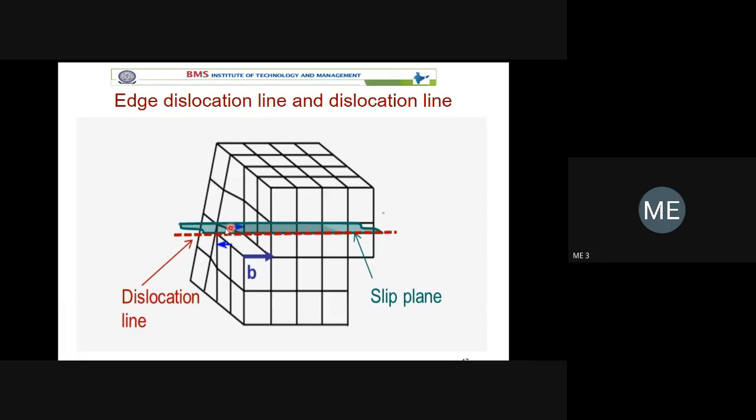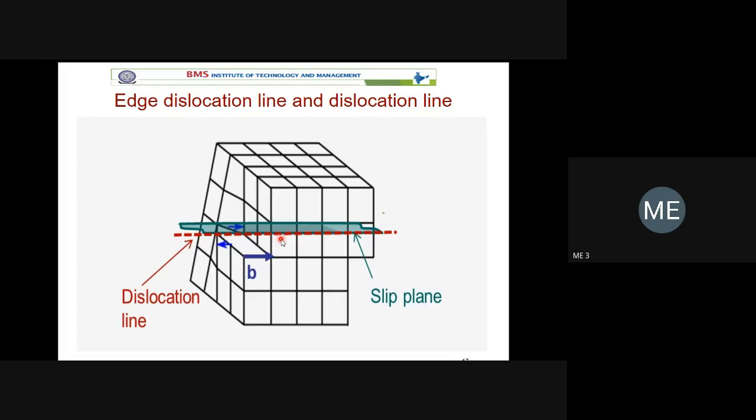Your dislocation is nothing but a defect. It moves along the slip plane from this point to this point. We can see here, this is the original, a perfect crystal or perfect grain. When it is subject to loading, the top portion of the crystal or grain will try to move in the forward direction. But there is one plane which separates the upper half of the crystal and the lower half of the crystal. That plane is referred to as a slip plane. Any difficulties here? If you have any doubt, you can clarify.